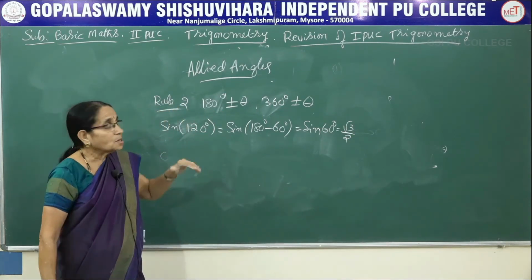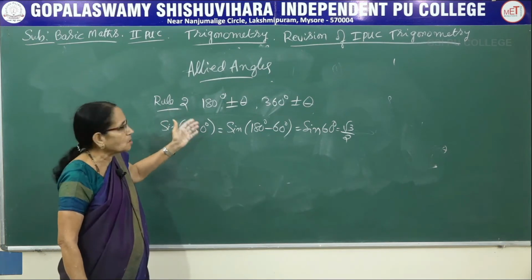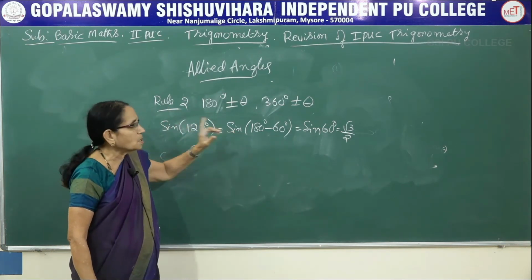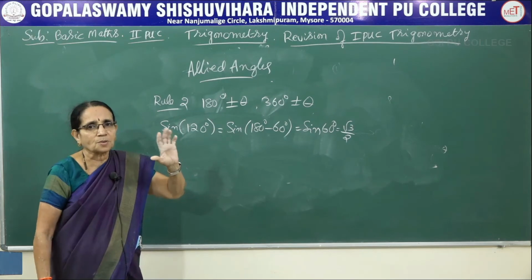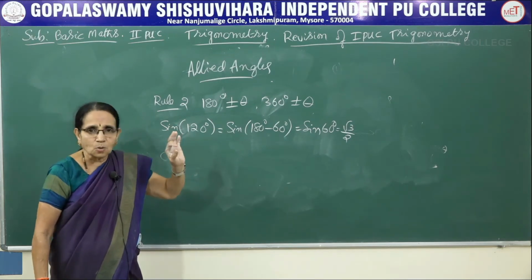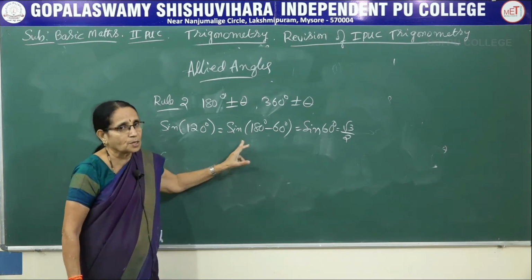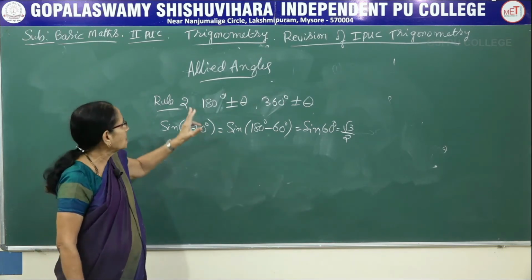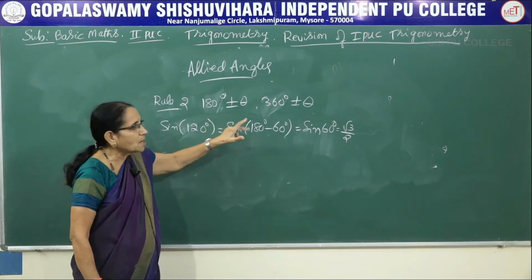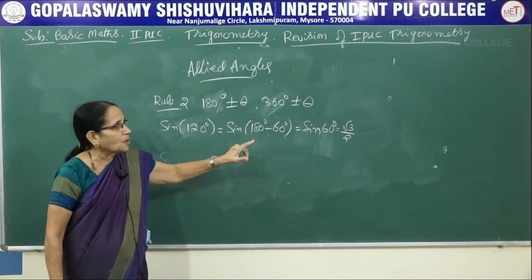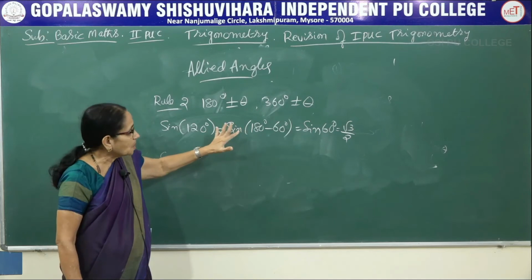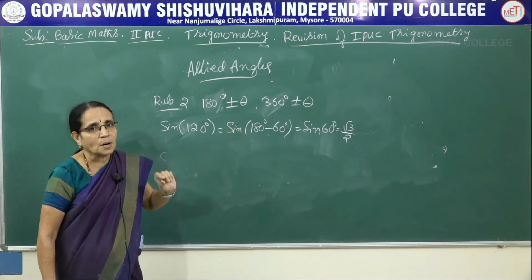That means that whichever rule you follow, whether rule 1 or rule 2, if you remember the rule: in the first rule, where the angle is expressed as 90 plus or minus something and 270 plus or minus something, the function will be changed over to cofunction. You have to be careful about that one. In the second rule, we will be using 180, 360, there is no change in the function, it remains the same. So that is why these standard values are important.